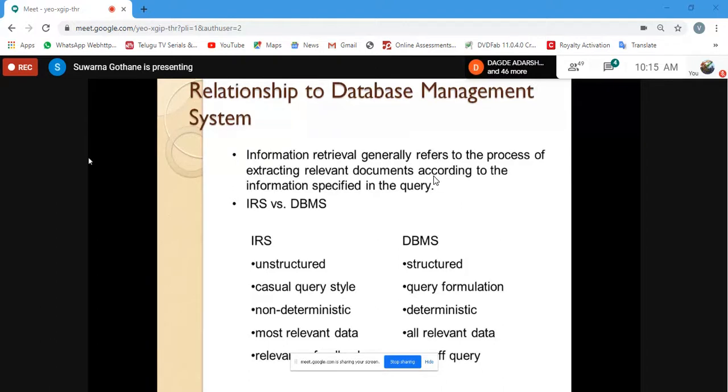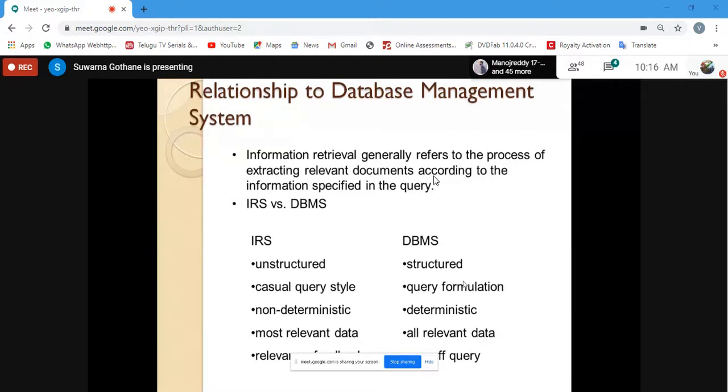So in DBMS, when we ask for a particular entry to be retrieved, we can't fire just anything. There will be a proper syntax. Insert into table, then values, then you open the bracket, add double quotations, then add some value. If it consists of multiple fields, you insert values separated by commas. If you miss any proper syntax, you are not going to retrieve the result. That will generate an error.